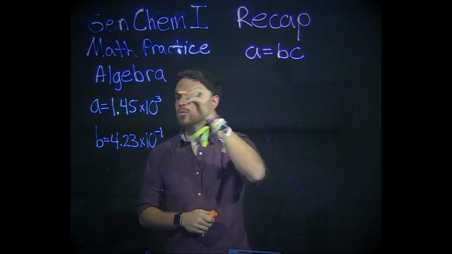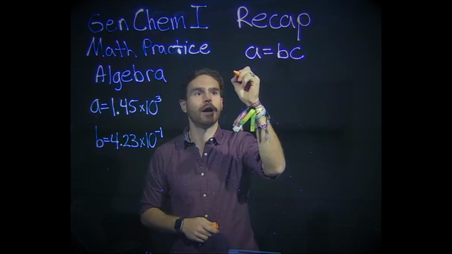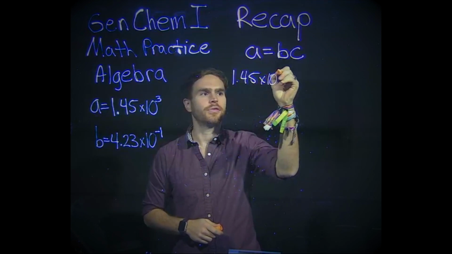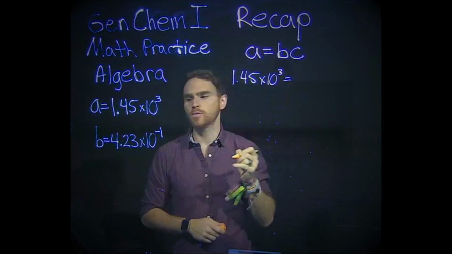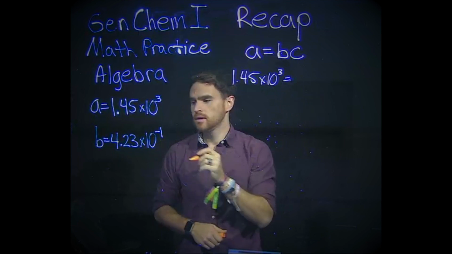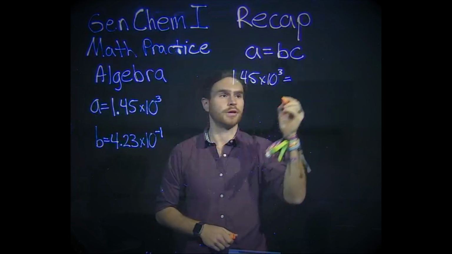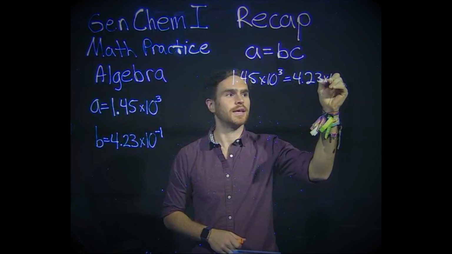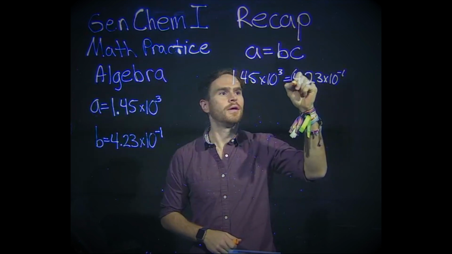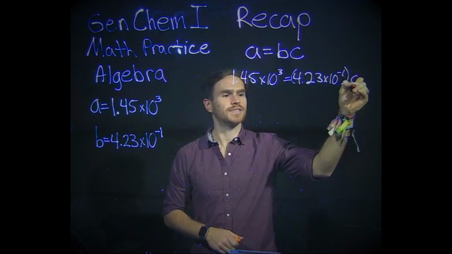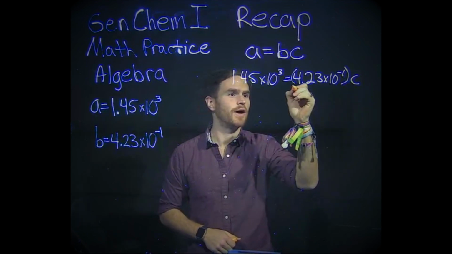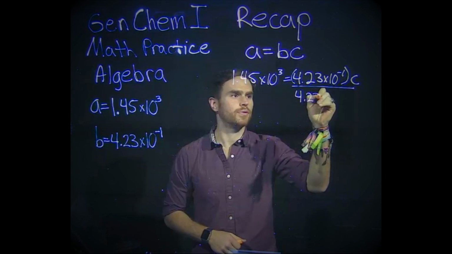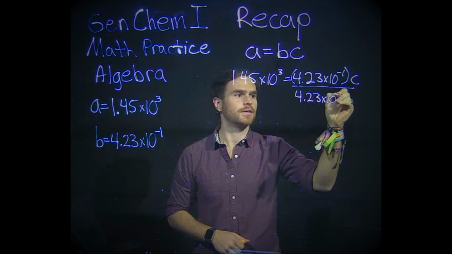Well, A has a value of 1.45 times 10 to the third, which is equal to B times C, and for B we can plug in 4.23 times 10 to the negative 1, all times C. If we divide both sides by 4.23 times 10 to the negative 1,